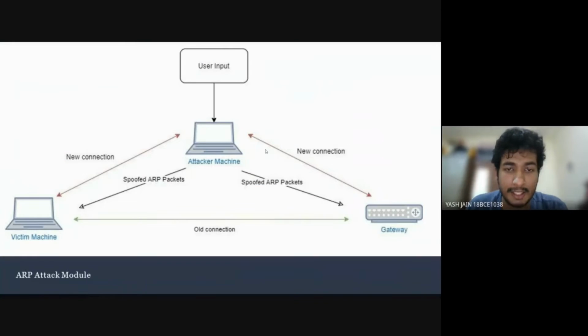So in the ARP attack, ma'am, whenever a machine wants to know the MAC address of another machine, it sends the ARP packet. Then that machine sends the response saying that, hey, the machine whose MAC address you were asking for is me. That machine can also send the IP address along with that ARP packet as well. So this is the identification.